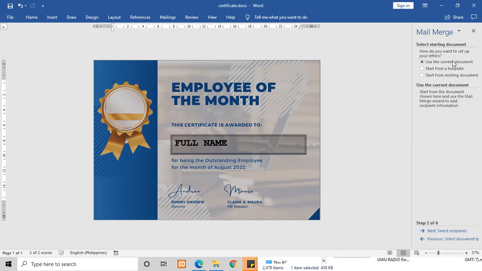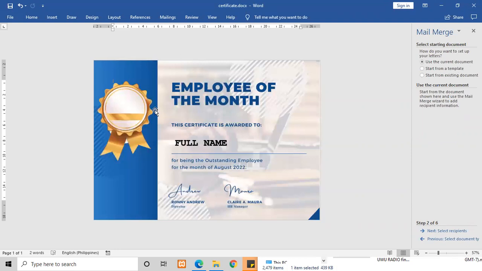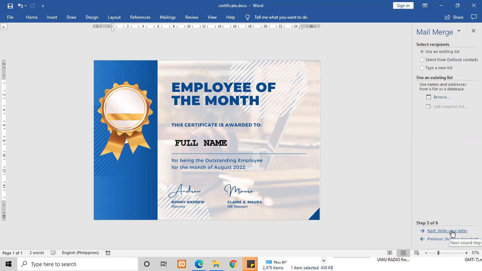How do you want to set up your letters? So use the current document. This current document refers to this template that we have created. So next is select the recipients. This means that we have to choose the names of our employees. In order to do that, we must browse. Let us browse the